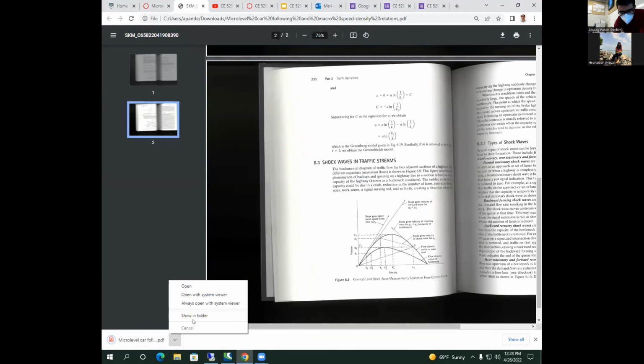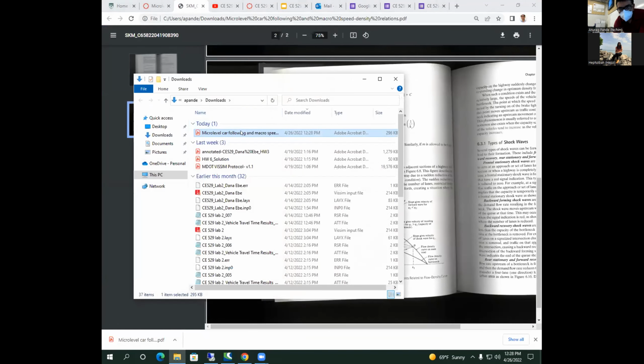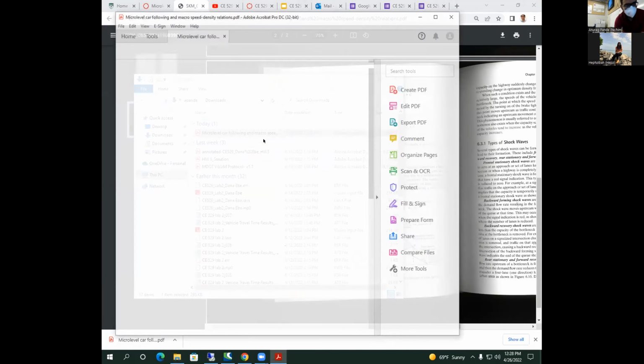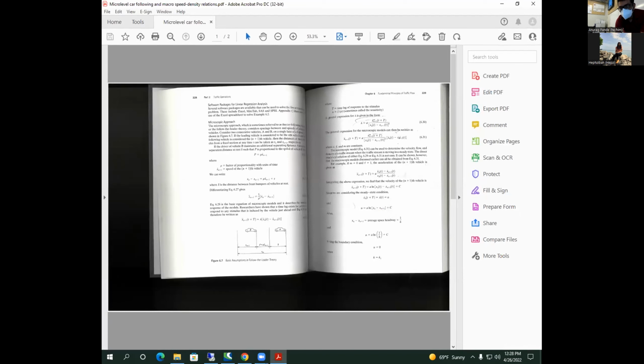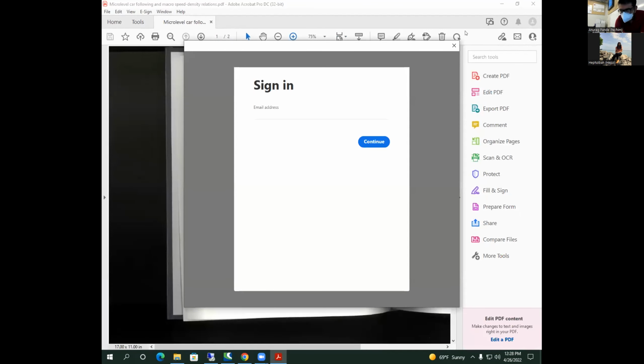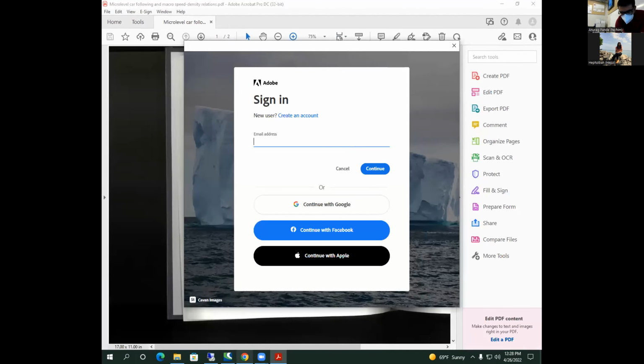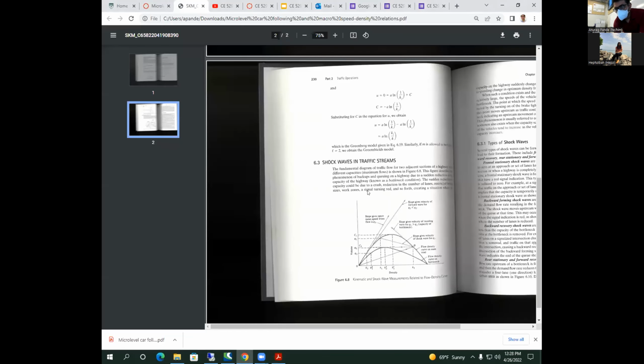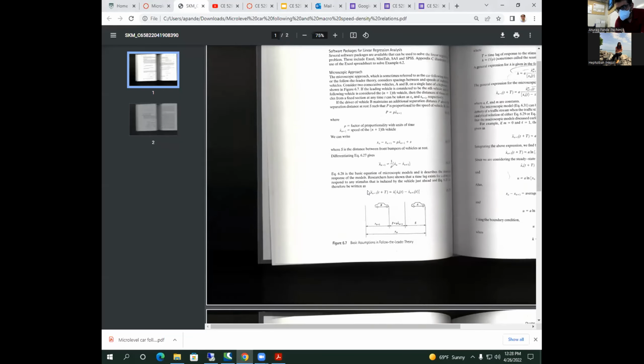Now let's go ahead and open this PDF. I want to open it in Acrobat here. Forget about this. So if I go back to this page 2 here